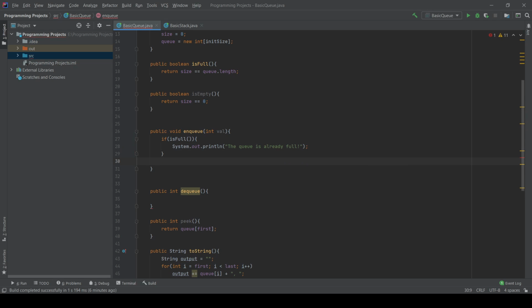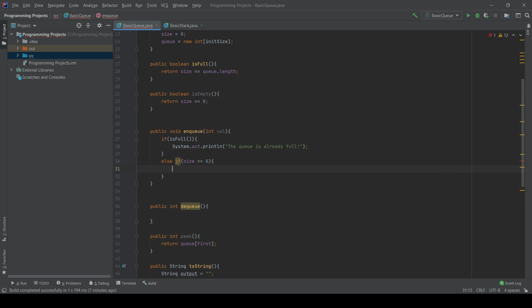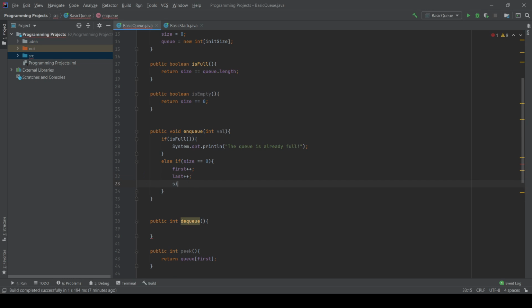If it's not the case, and suppose now that we're enqueuing our very first element to our queue, so that would be size double equals 0. That is, we currently do not have any element inside the queue. What we do is we increment both first and last, and of course size, to indicate that we are adding one element to the queue right now, and at last we do q[first] equals the value we're going to pass in through the enqueue